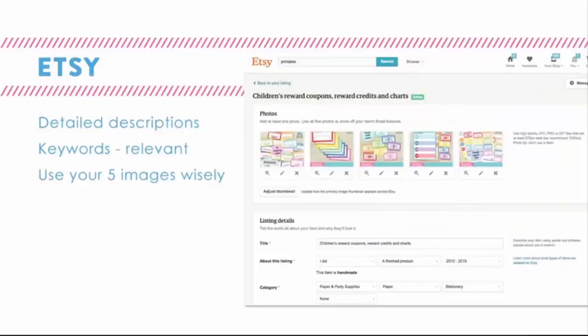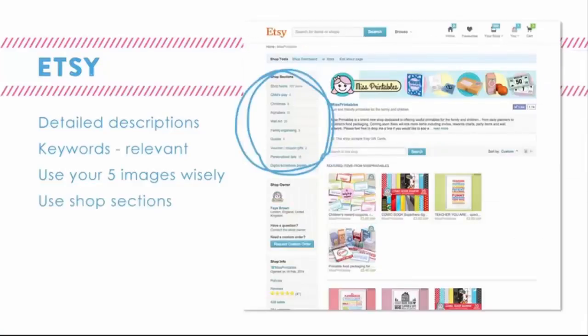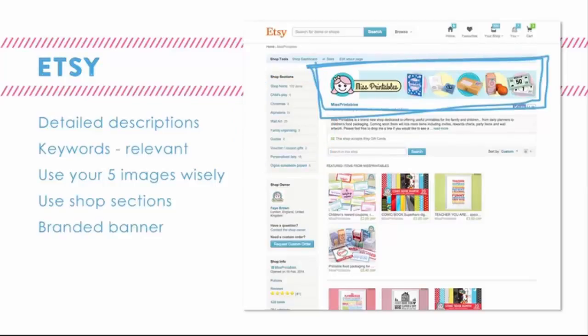And you get the chance to upload 5 images. Try to fill those spaces with different angles or variations so people can clearly see your product. You can divide your shop into up to 10 sections to help you manage your products and help people find what they're looking for. In terms of making your shop visually appealing, make sure your banner looks on brand